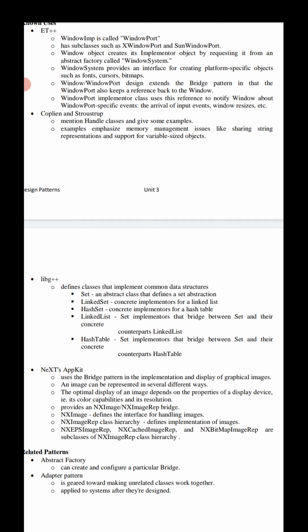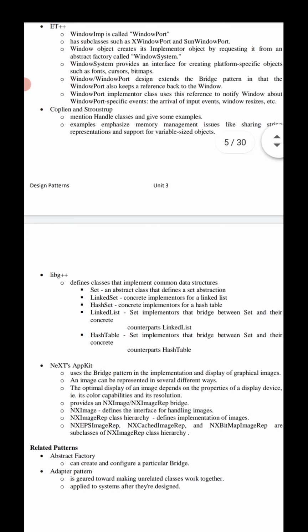Bridge is used up front in a design to let abstractions and implementations vary independently. What are the related patterns of the bridge design pattern? Abstract factory and adapter design pattern. These two design patterns are very related to the bridge design pattern.